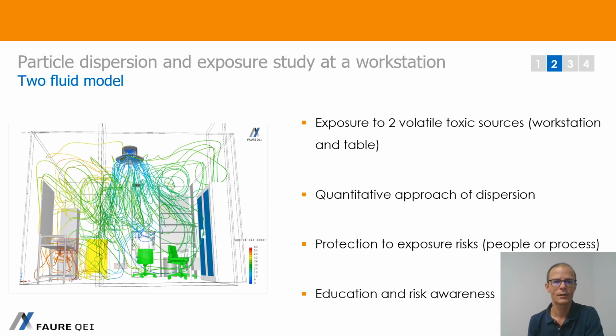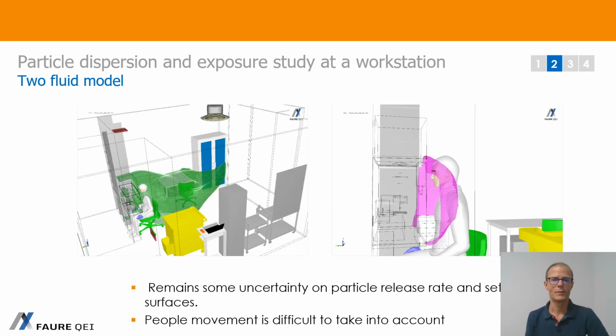So the supply air system has been modified and tested through simulations. We managed to quantify the transfer rate between two contaminated locations and the respiratory volume around the head of the worker. This method has been used to compare several scenarios where air diffuser and flow rates were changed.